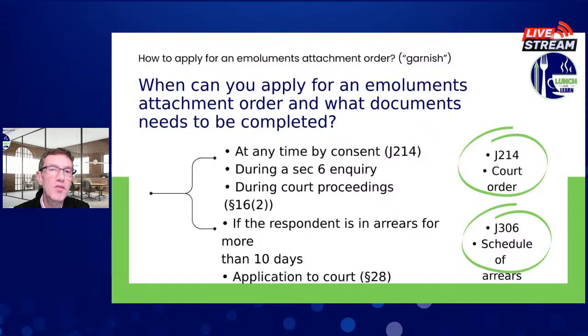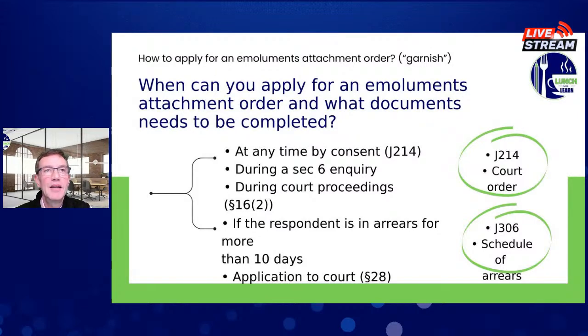And on that form, I also indicate that he consents to a garnishee order. And then that form gets handed over to court, and the court would simply endorse that and make that an order of court, which is brilliant if it works that way, because then there is no need for any other testimony from the respondent in terms of the garnishee order,